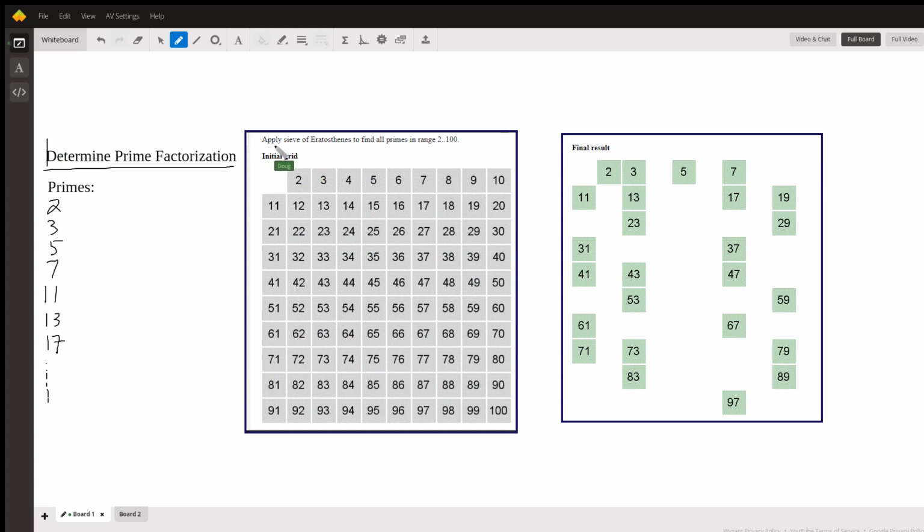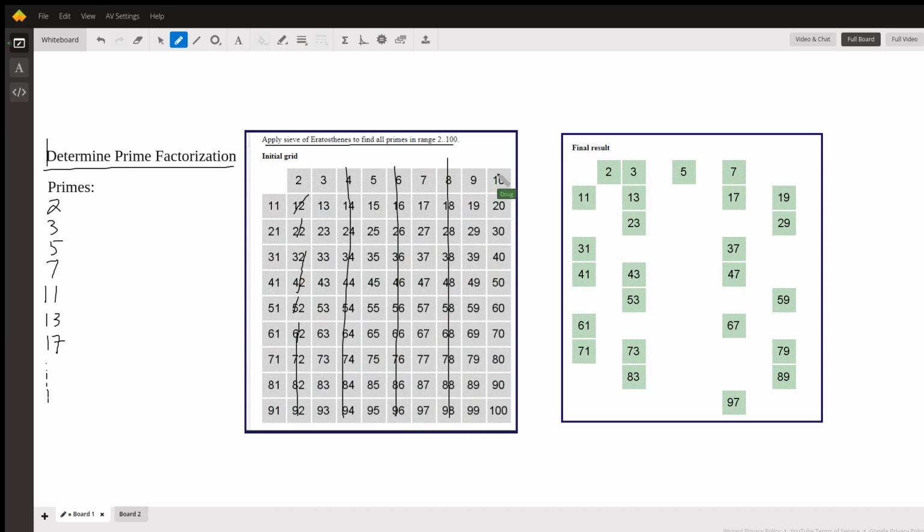The sieve of Eratosthenes can be used to determine what prime numbers are, and here's a table from 2 to 100. What the sieve does is it says, I'm going to start with the smallest prime number and cross out all the ones that are divisible by 2. So anything which is even would be crossed out. I'll just cross out all these columns right here. Then you move to the next prime number